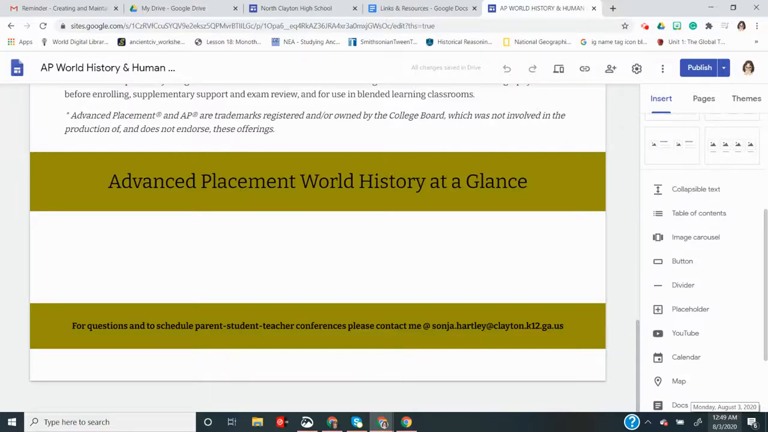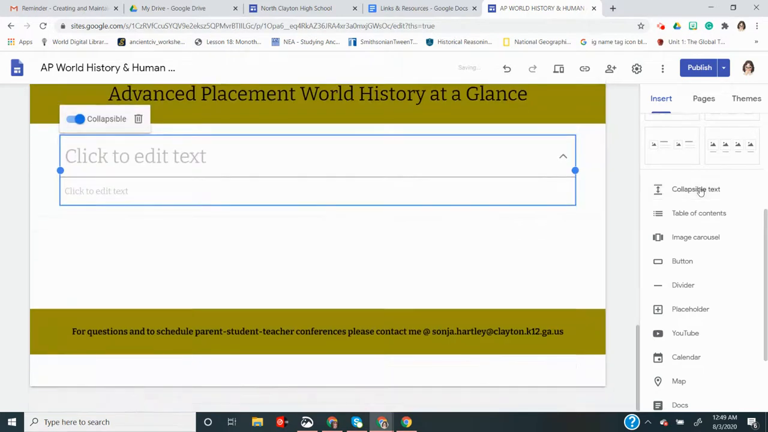This is a very brief video on how to add collapsible text as well as a table of contents in a Google site. Okay, first I'm going to insert the collapsible text, and I'm just using resources to give an example. I will click on collapsible text and it will automatically pop up in the appropriate section to the left